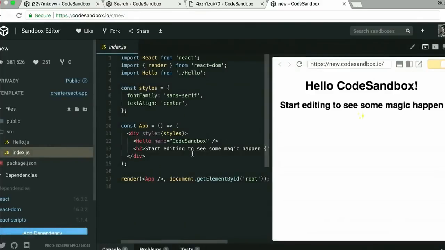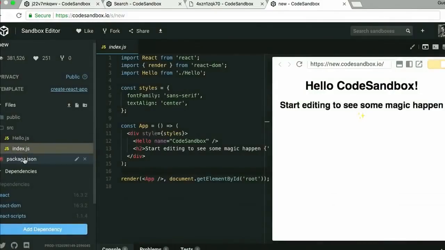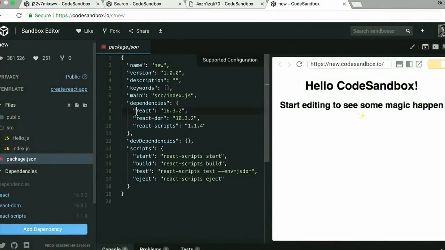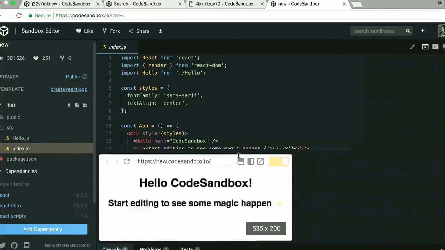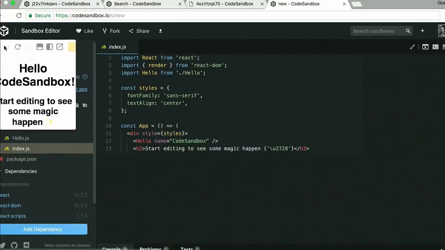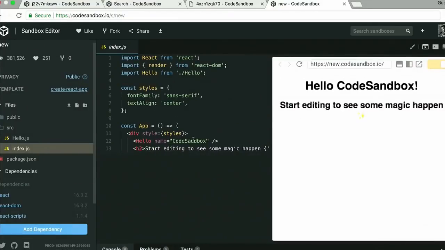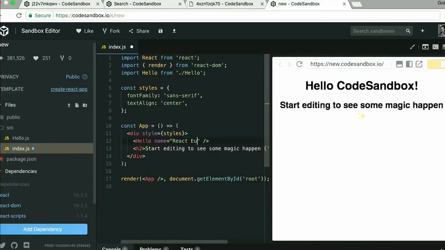And CodeSandbox started out as a React editor and now supports other frameworks as well. But this is CodeSandbox, and it looks very much like your local editor. So you have code here, you have multiple files, you can add npm dependencies, and you can also change the package.json to add npm dependencies. The unique thing about CodeSandbox is the preview on the right, or at the bottom, or you can also put it here if that's your preference. You can put it anywhere, and it updates when you change code, like for example React Europe,